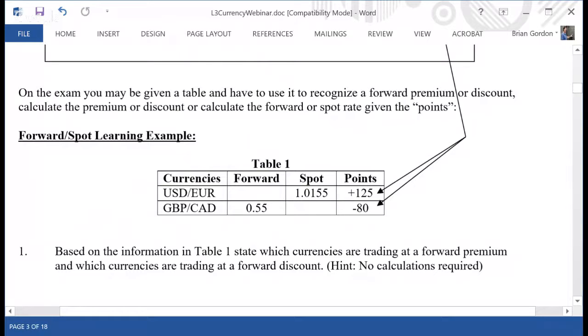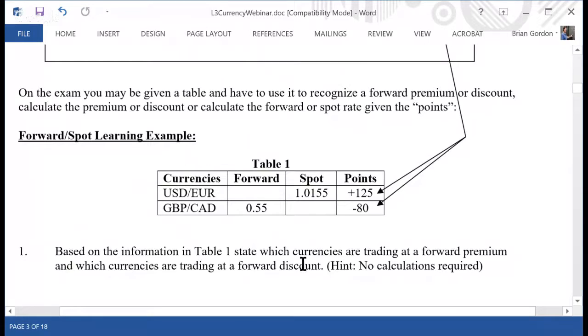So in this example, we have negative points. Let me just scroll down to give us a little bit of space here, and make sure that you do the math correctly. Spot is equal to the forward, 0.55, minus, and now it's minus 80 points divided by 10,000. And now we've got minus a minus. We're going to have to add this. So we will end up getting the spot at